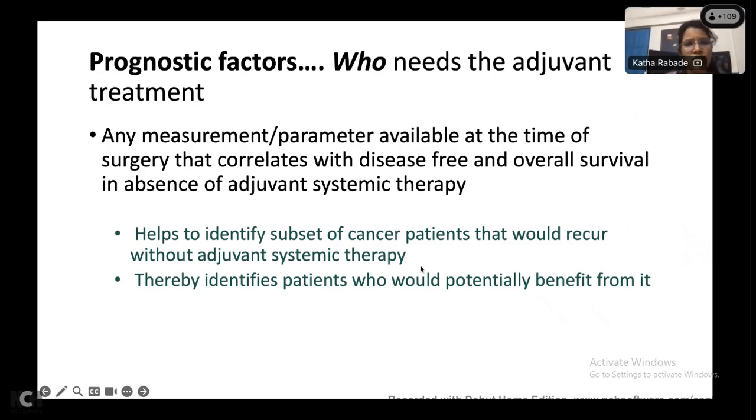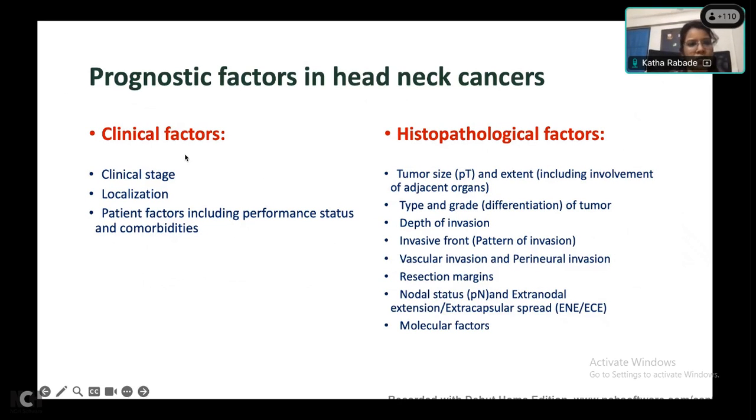So such prognostic factors are clinical factors, which are clinical stage, localization, and performance status of the patient, and also many histopathological factors which help in evaluating whether this patient will require or will benefit from adjuvant therapy or not. So it is tumor size and the extent of the tumor, including the involvement of adjacent organs, the type of the tumor, that is the histologic type, the grade of the tumor, depth of invasion of the tumor in oral cavity tumors,